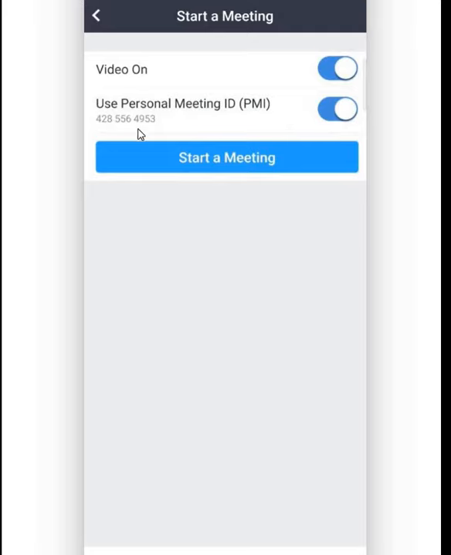Now the ID, for me, the ID is here, 42855644953. This is my unique meeting ID. It won't change anyway. If I enable it 1000 times, the meeting ID and password will be the same, because I am using my own personal meeting ID for the Zoom meeting. Now if I start the meeting,